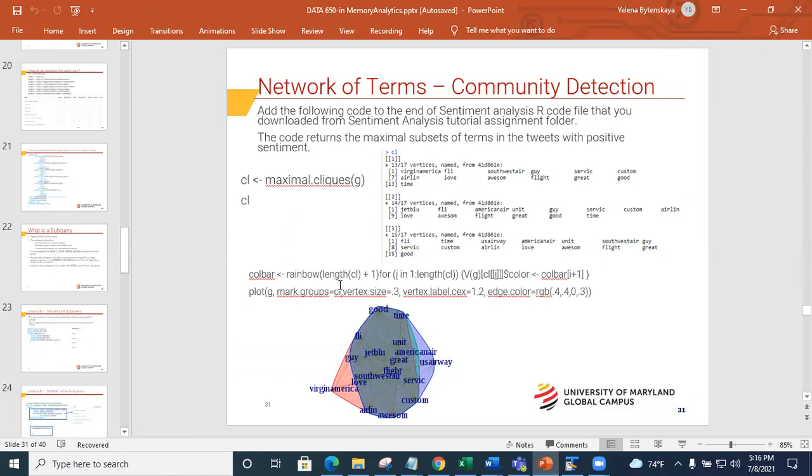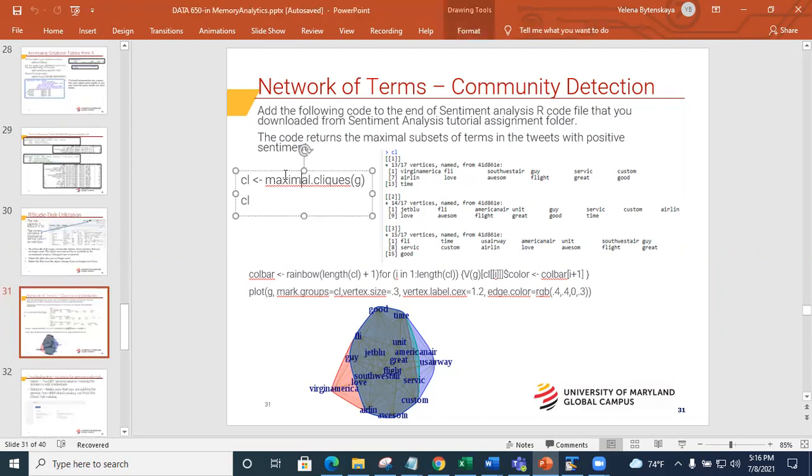Because if you're doing the network of terms, you want to do more than just network visualization. You want to look at the subsets of terms, okay? So this is what I was telling you. If you are doing the network of terms method for assignment 3, you want to make sure that you're also looking at the subsets of terms, not just at the whole network as a whole, okay? You want to do a little bit more than what is in your code right now. Hopefully, all of you, if you already added the service, should have run the code that was given to you by now, right?